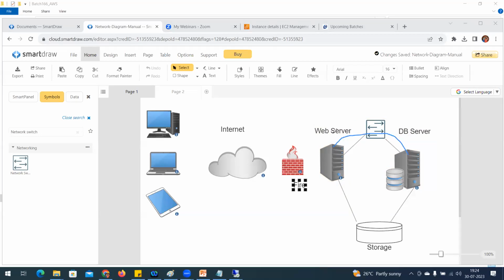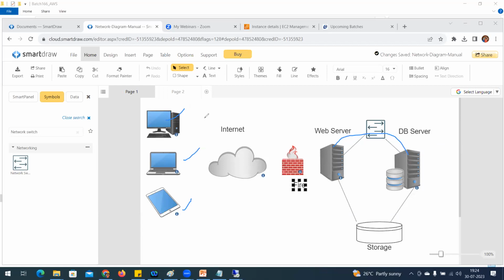Now, as soon as this website is developed and the information is available, this website information should be accessible to this client, this client and this client. For these clients, only the website is required. The clients don't require DB server information. Only website information is more than enough for these clients.